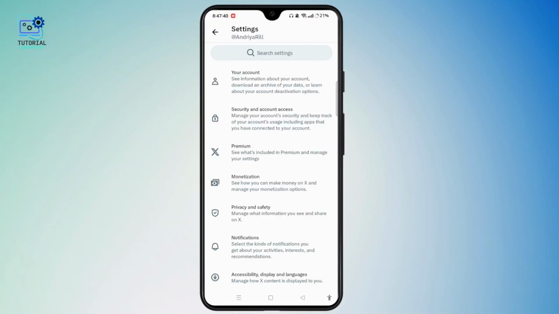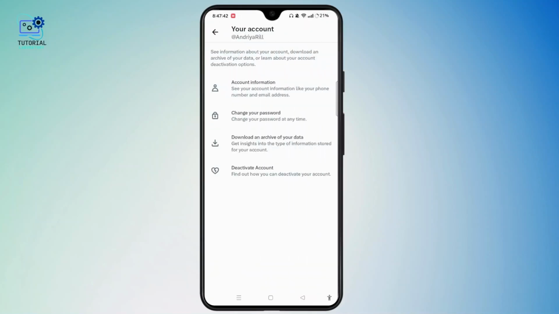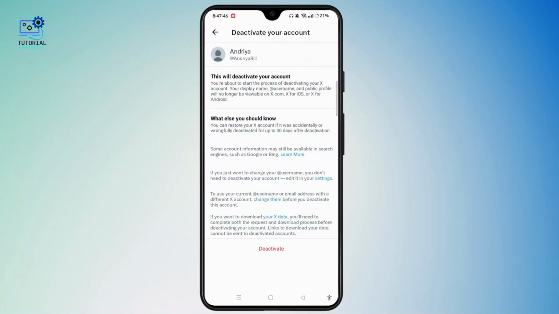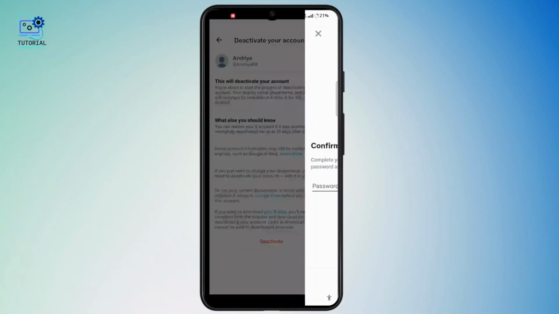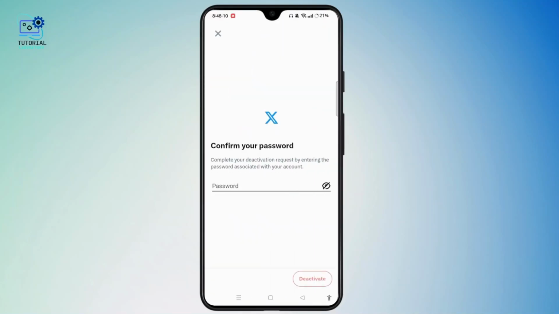Select your account at top of the screen. Among these options, choose Deactivate Account and tap Deactivate button. Once you deactivate, your account will be deactivated for the period of 30 days. If you wish to restore, you can easily log into your account and reactivate. But for now, tap Deactivate button and enter your password. After you enter the password, tap the Deactivate button and then